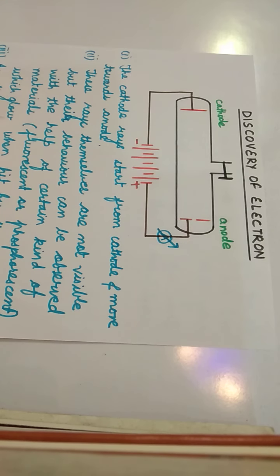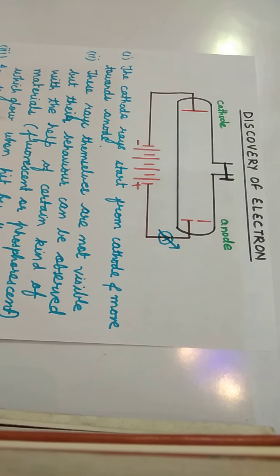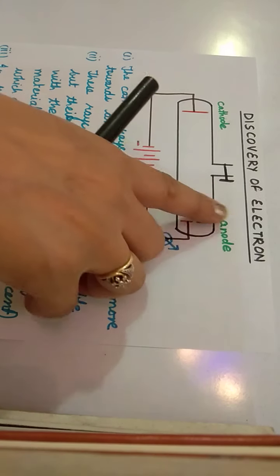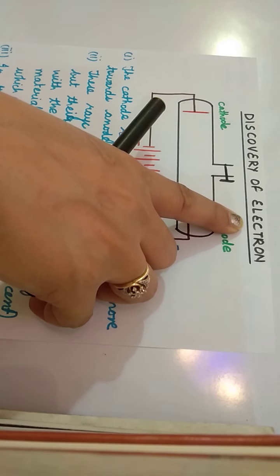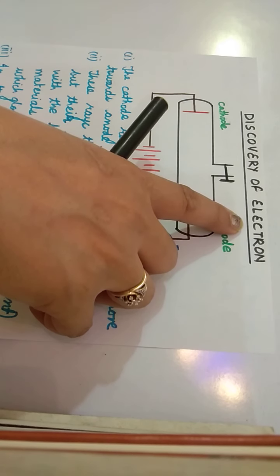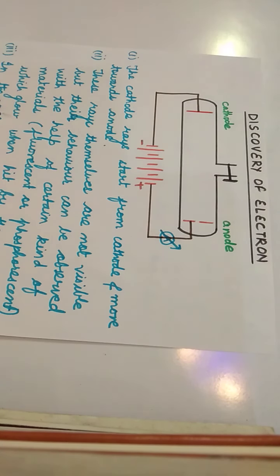Today we'll be studying about the discovery of electron. How the first time we came to know that atom consists of an electron. To discover the electron, we have studied cathode rays. We have studied cathode rays to find out about the electron. So for that, children, one scientist,